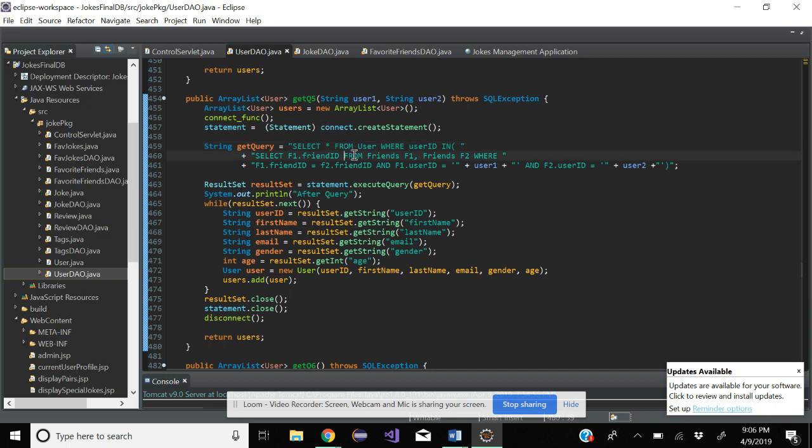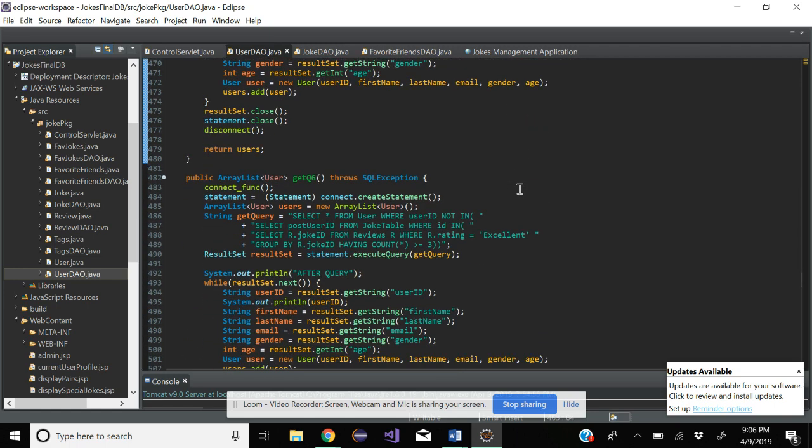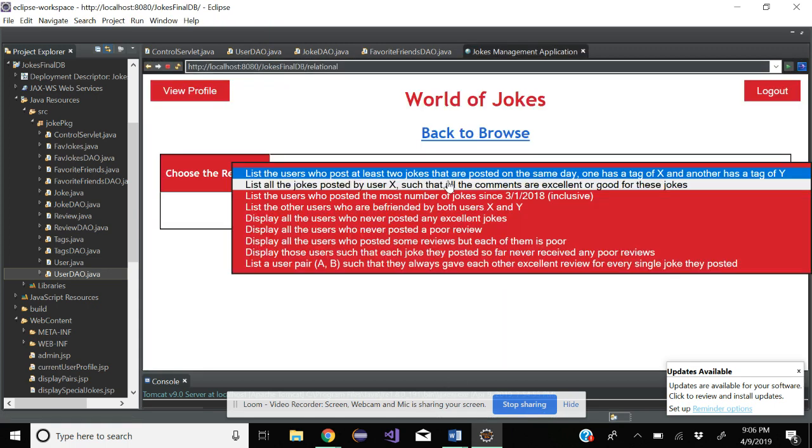Okay, so I'm selecting the users who are in, so it's a whitelist here. And then I'm selecting the friend ID from, I'm checking if it's equal to the friend ID. So I'm seeing which friends are common among this user, which is what is being passed in, so what they're choosing from the drop-down menu, and this user. And the next one is